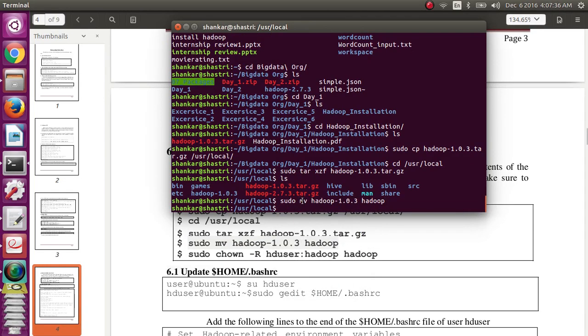I have executed the mv command to move whatever the contents of hadoop-1.0.3 are into the folder Hadoop. After changing the old name to the new name Hadoop, give all authority to HD user and the Hadoop group.